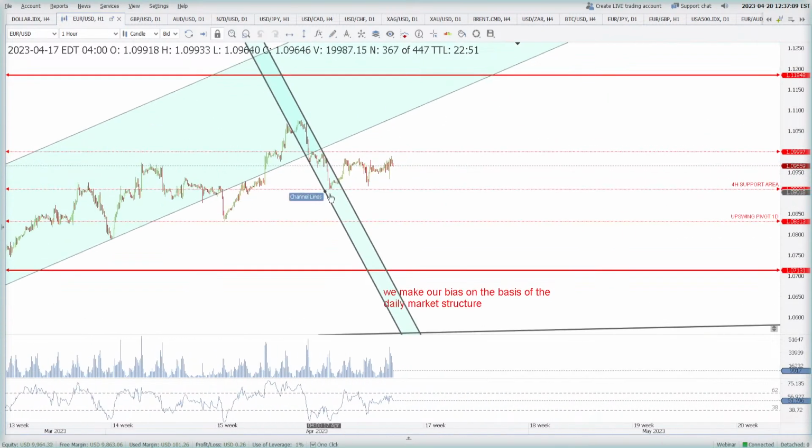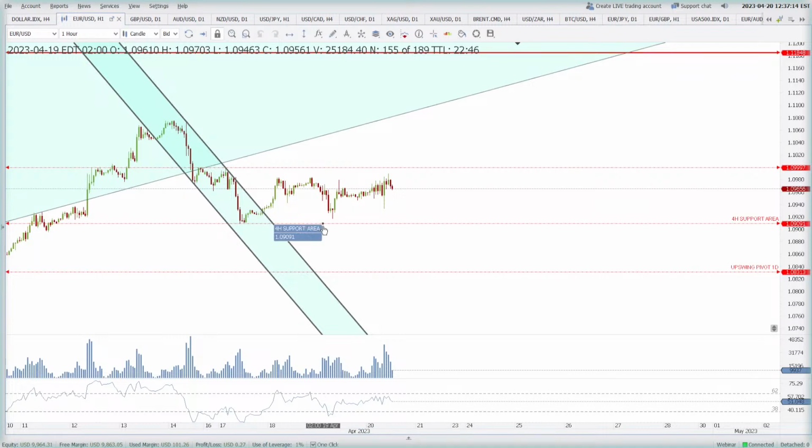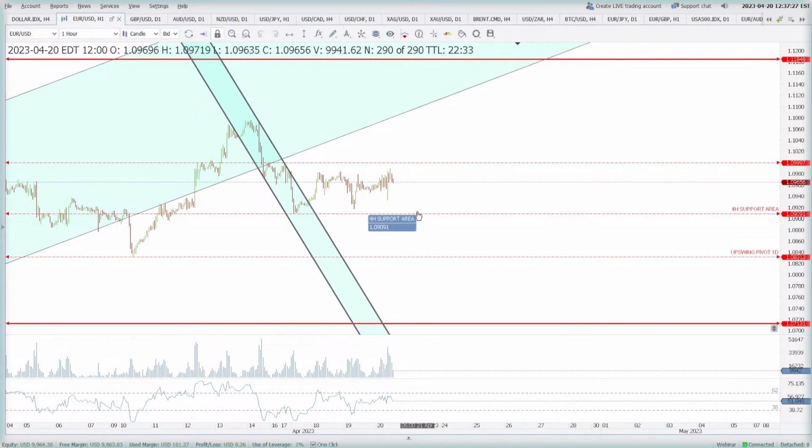I'm long at euro USD. So if you are long at euro dollar, I think you should keep a stop loss just below 1.0909, because see, the price is making higher highs and higher lows. That's okay, but it is not that aggressive. This is not the buying that we expect after some bigger guy comes in.